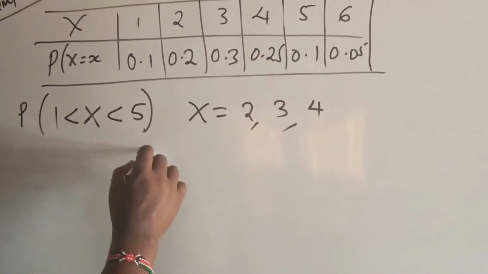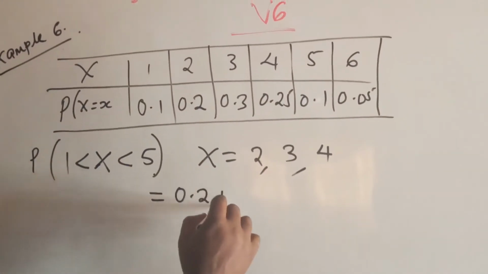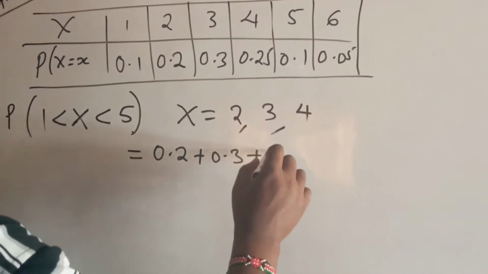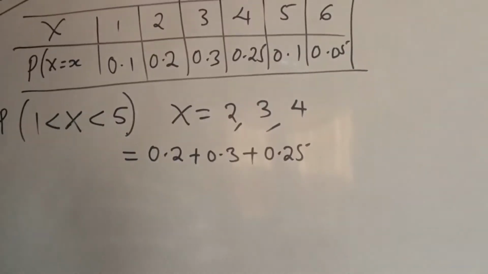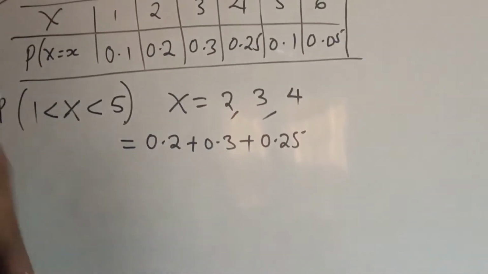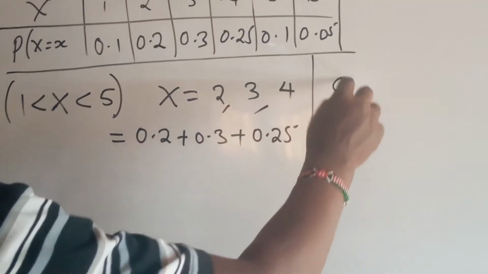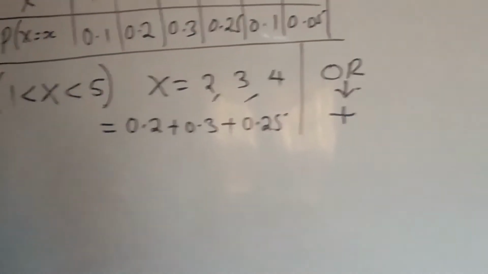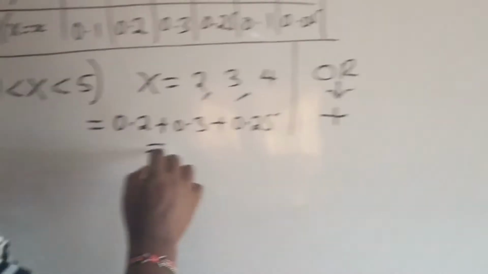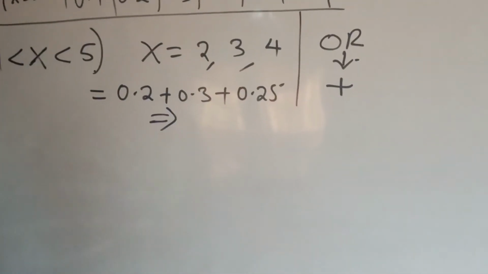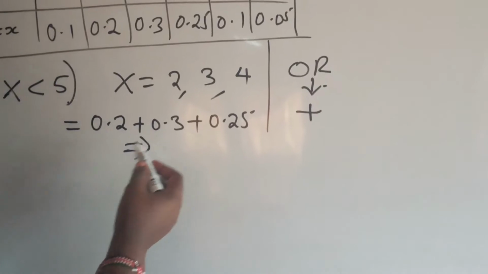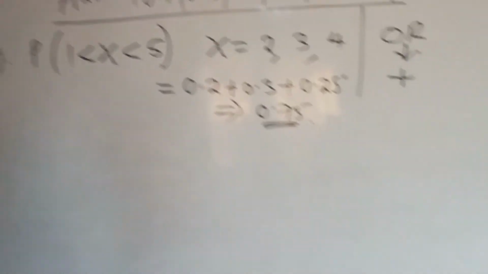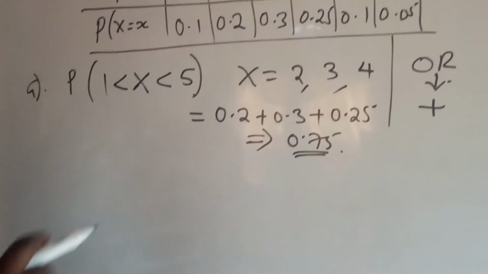So the probability of this is going to be 0.2, or plus 0.3, or 4, which is plus 0.25. That means we can have a 2, a 3, or a 4. And anytime we hear the word or in probability, we just know this is addition. That is part A. And the final answer is 0.75. That is the probability that our value of x is between 1 and 5,